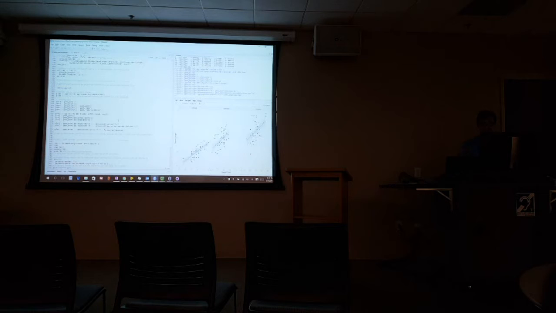What's hard to do with ggplot2, which is hard to do with another system called base graphics, which is built into R, which I did not show here, and it's hard with the lattice system in R, the other major competitor to ggplot2, is making these publication quality. So changing the tick marks and changing the fonts and adding annotations, that's hard in any language, but that's not what we're doing here. That's not the point of this talk. The point of this talk is to get you thinking in terms of data analysis while you're coding in R.